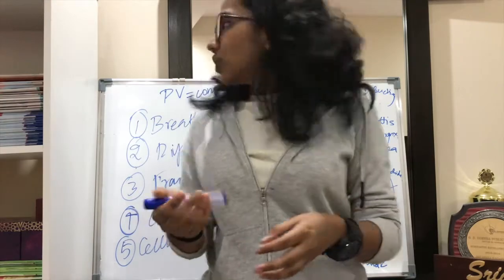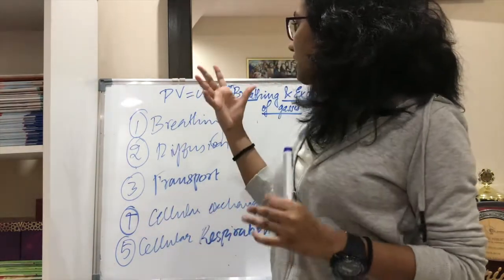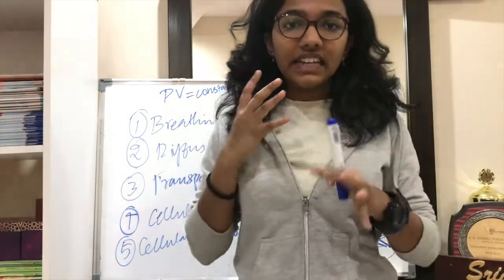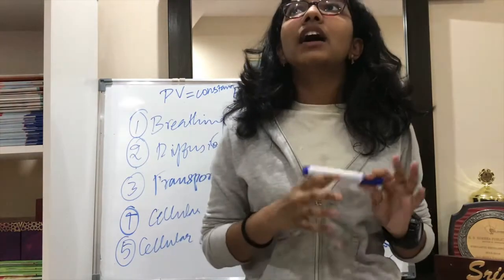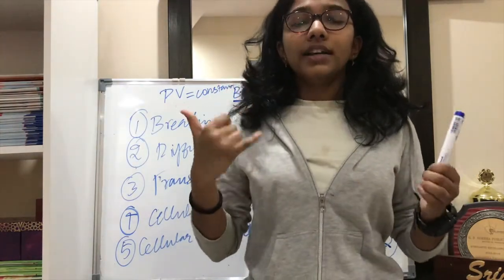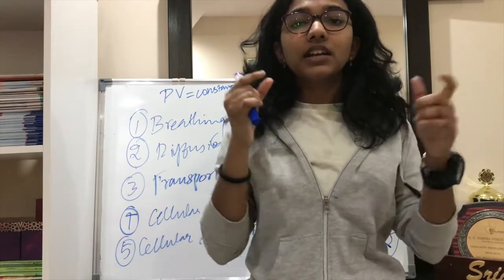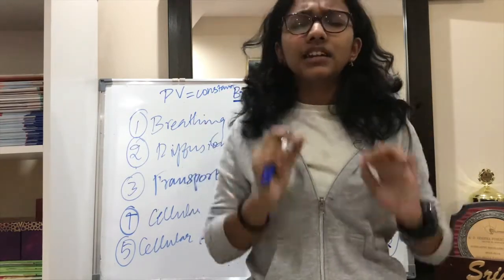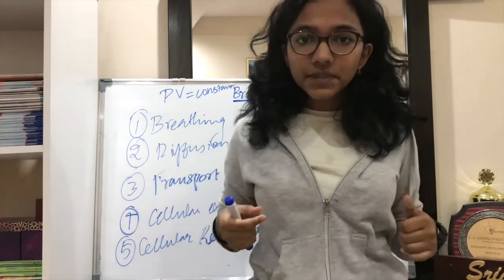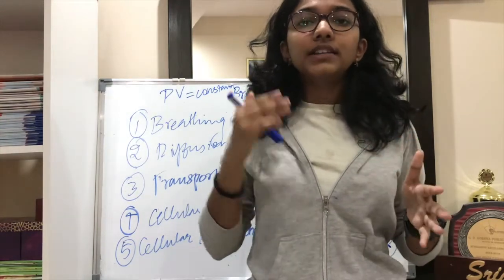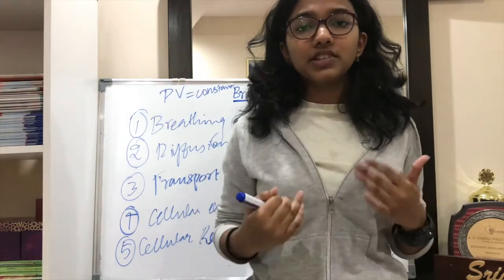Okay? So how lungs are able to achieve this increase in volume and decrease in volume are by the use of the diaphragms and intercostal muscles. Intercostal muscles are external and internal intercostal muscles are present between the ribs, and they are also involved in the increase and decrease of volume of the thoracic chamber.